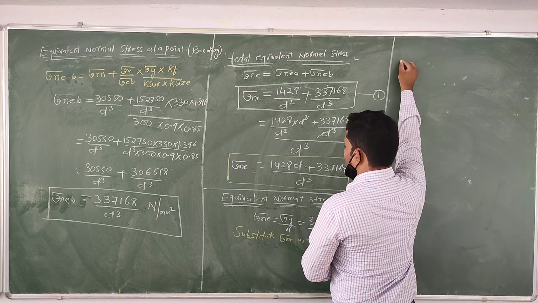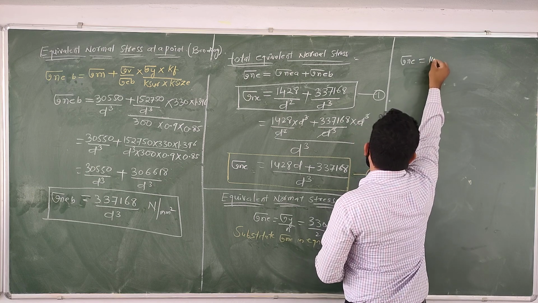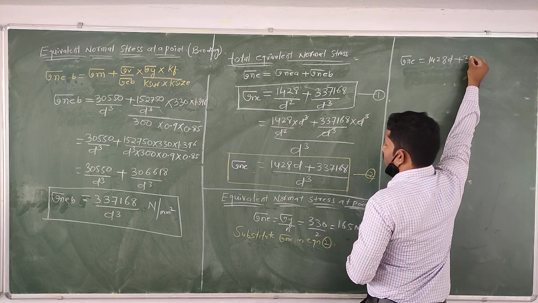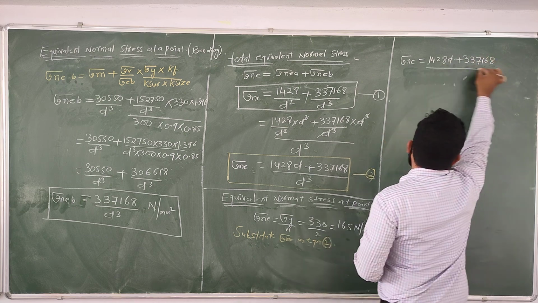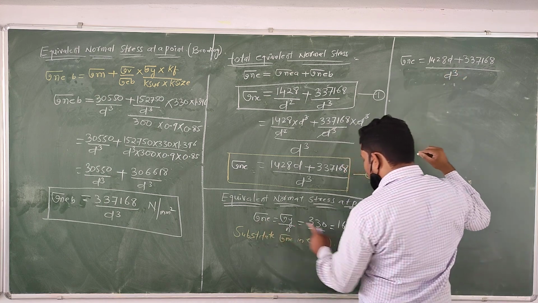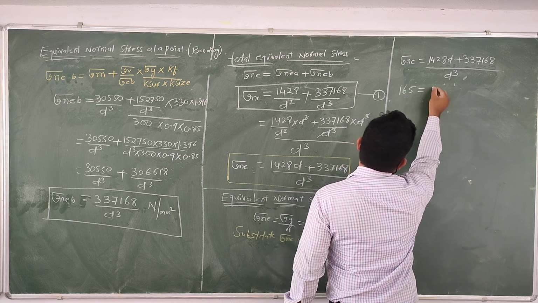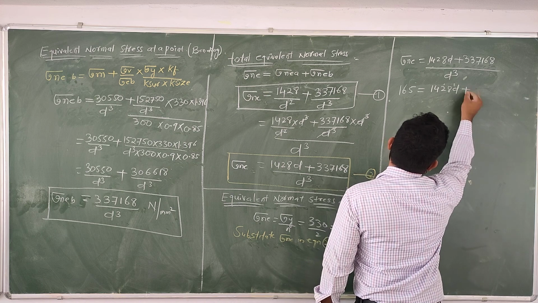Sigma NE equal to 1428D plus 337168 by D cube. Sigma NE value, how much did we get here? 165 equal to 1428D plus